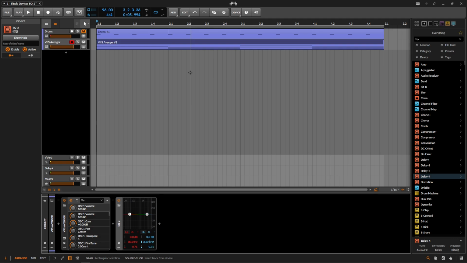Maybe we just want to high pass something or low pass something, or maybe we just need one band to cut out some mud in the low mids, or maybe even boost some high end. Each band can be one of four different types. We have 2-pole or 12 dB per octave slope, high or low pass filter depending on the band that we